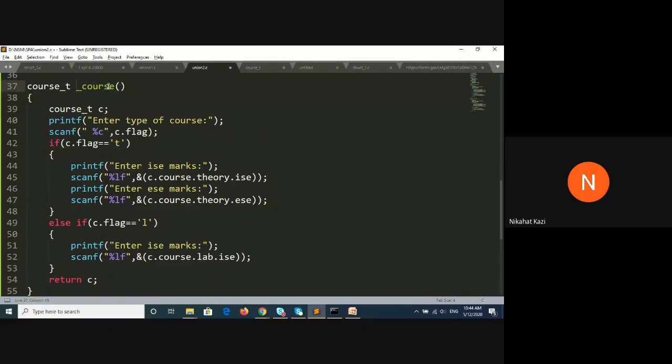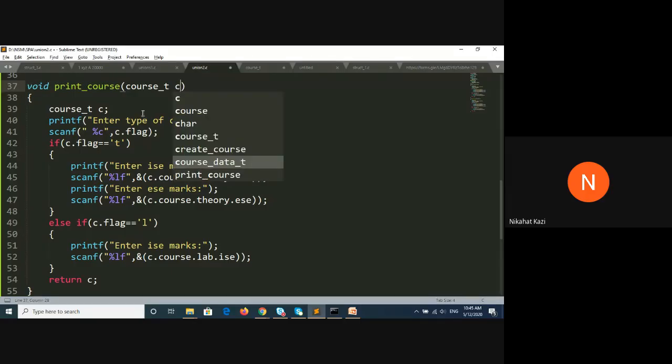Now for print course, the return type as usual should be void, right? You do not have to return any value, you simply have to print. But print course should take one argument, and that should be the course type C.